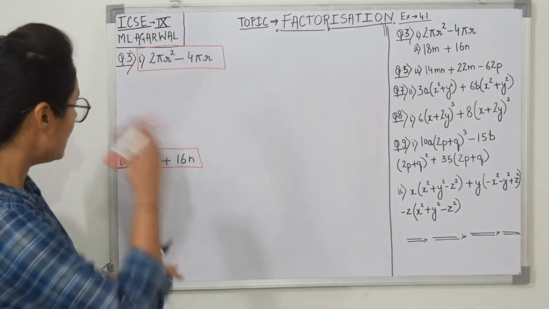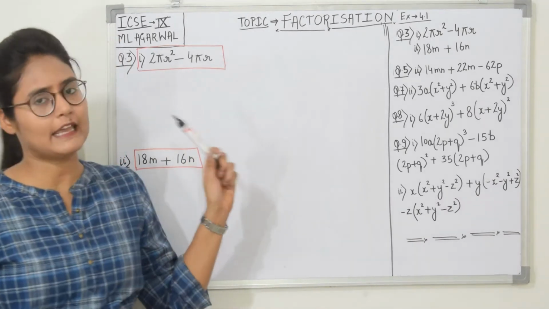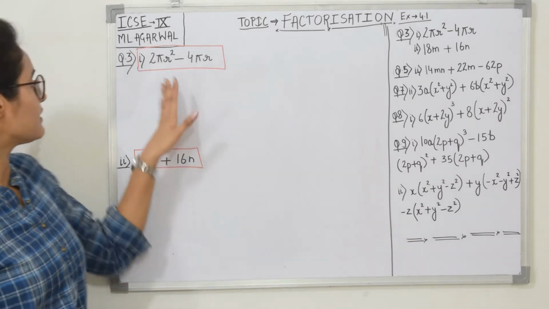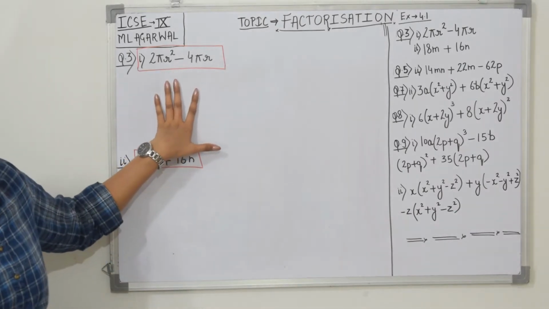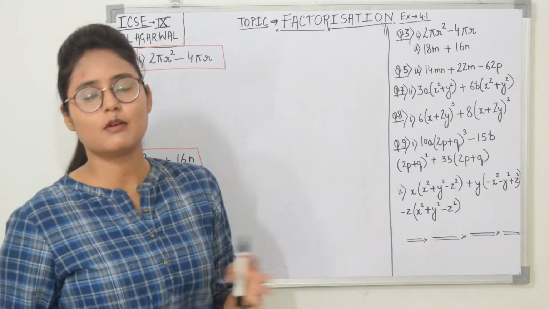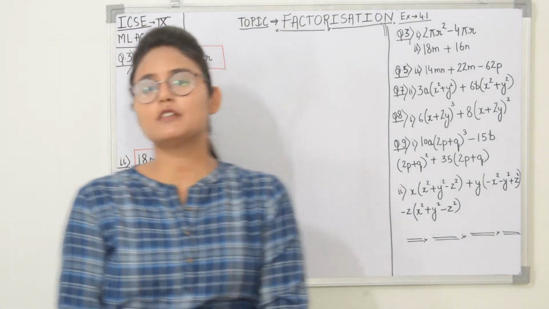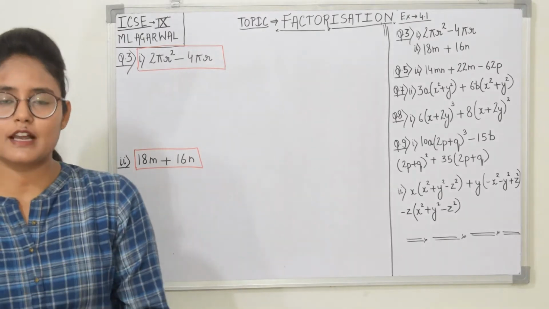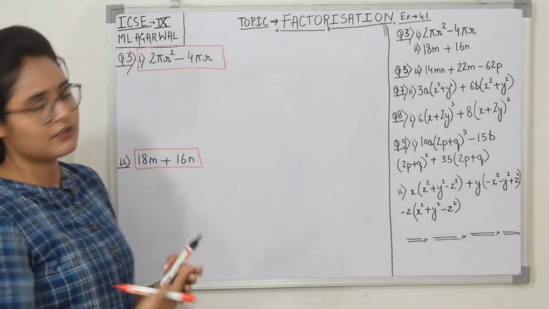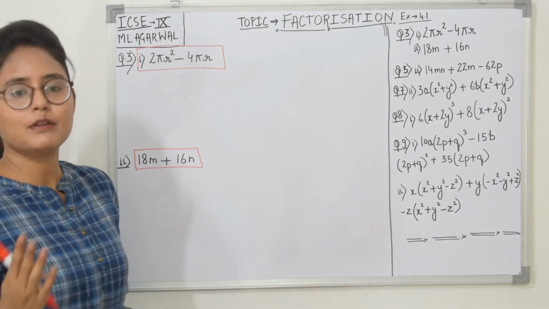I have just picked this question. This question is not making any difference here, but the only reason I picked it is the use of pi in this polynomial. Some of you might be confused, because until here we were studying x, y, r, p, q, alphabets as variables. Many of you think variables will be in alphabetical form only, but that is not true. In factorization and algebraic expressions, you can take a variable in any form. They can be symbols also, they can be alphabets also.